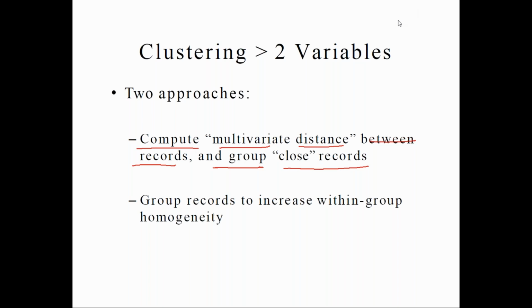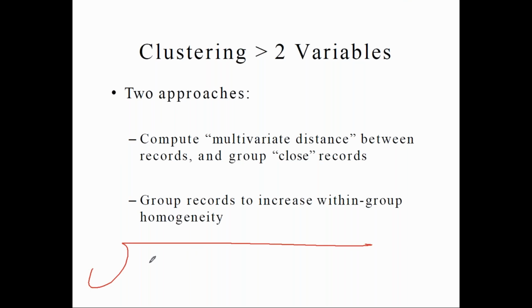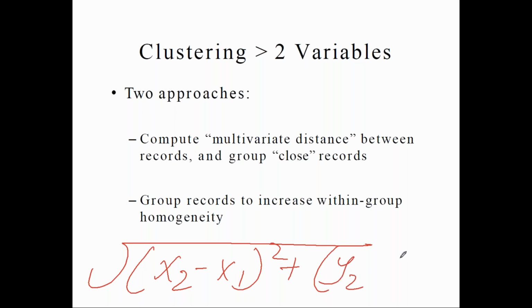So can somebody tell me, if you are freshers or if anyone remembers, what is the distance formula? In your 12th standard you might have studied. Between 2 points: square root of (x2 minus x1) whole square plus (y2 minus y1) whole square. Yes, this is your distance formula.